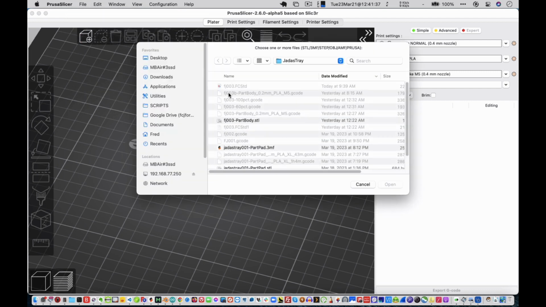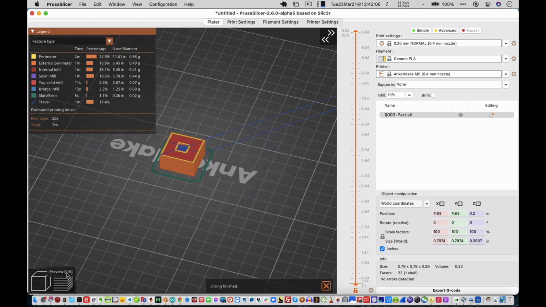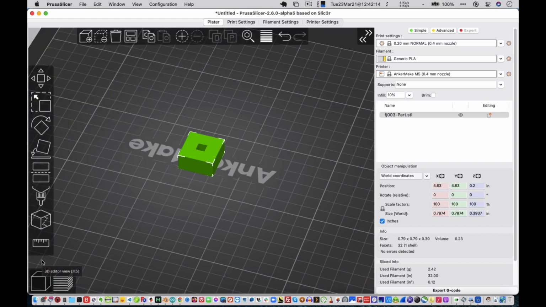And we can see, let's see, now I've got to come up a level, and we've got this here, FJ003, and we've now brought it into here. And the amazing thing with this too is you can do things like scaling and moving. You can put multiples onto the tray. Let's see now, you can go into the slice here, and I think if we go back over to here,